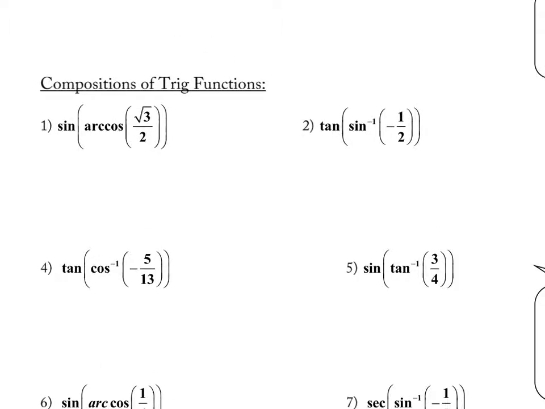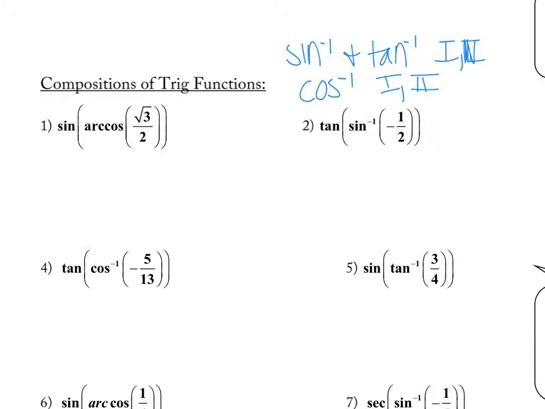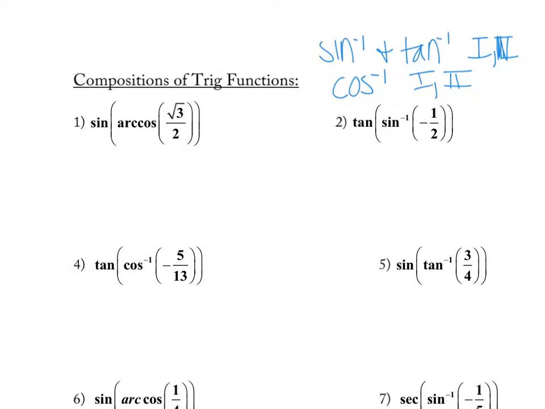We're going to keep practicing this concept that inverse sine and inverse tangent are defined in quadrants 1 and 4. And then inverse cosine is defined in quadrants 1 and 2. Okay, it's important to pay attention to that as we're doing these problems to worry about when x and y are positive or negative. So if we look at the very first example, we always, when working with compositions,